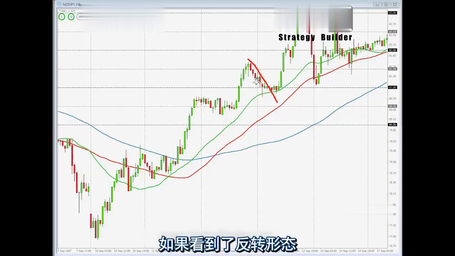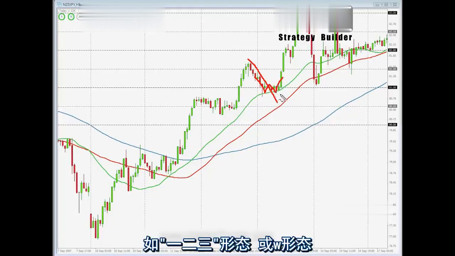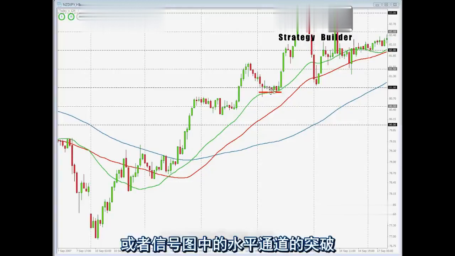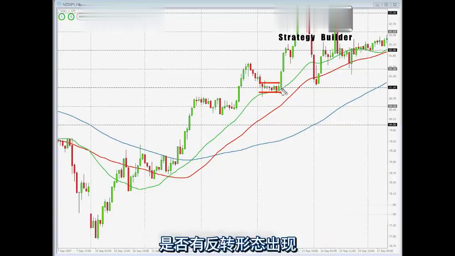Am I finding a reversal formation, perhaps a 1, 2, 3 reversal formation, a W formation? Am I finding a head and shoulders? Am I finding a sideways price action in the trigger chart? If you find any of those